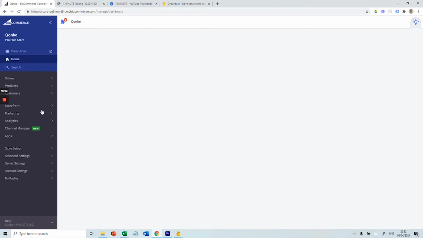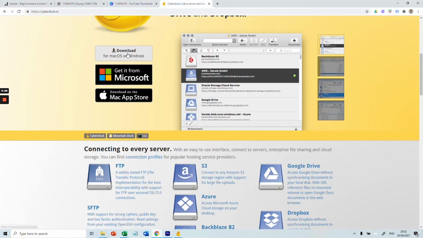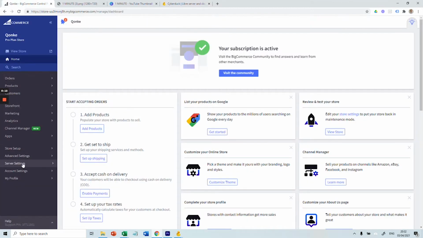In this video, we're going to add a file to Cyberduck. So first what we do is we download Cyberduck either from Mac or Microsoft. Once you've downloaded the files properly, you're going to go back into your BigCommerce store and you're going to go